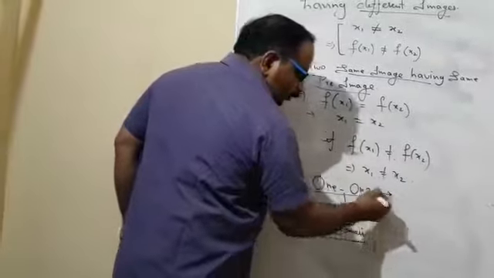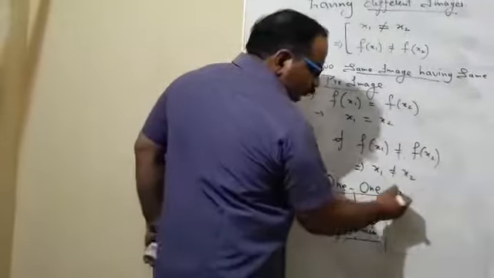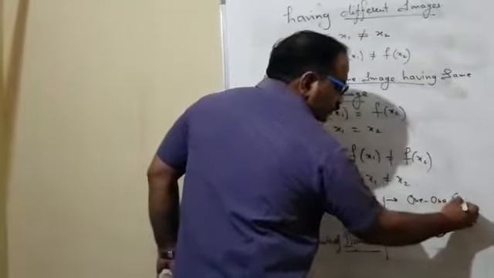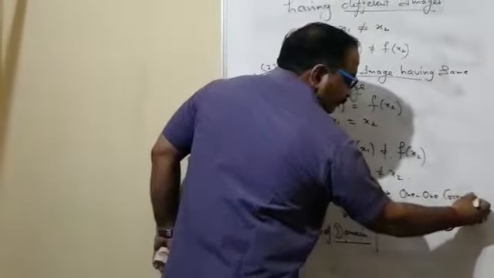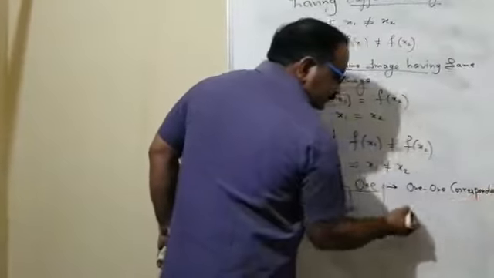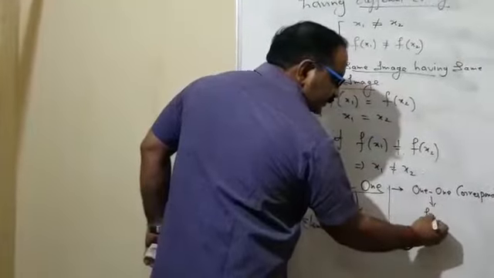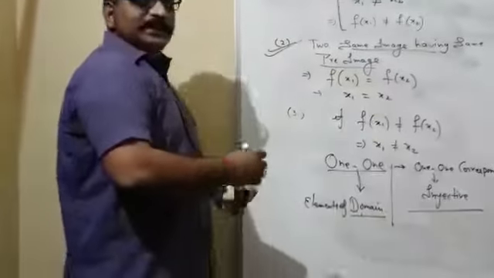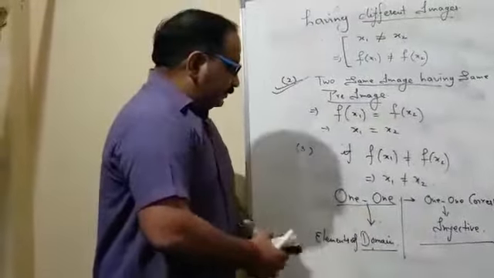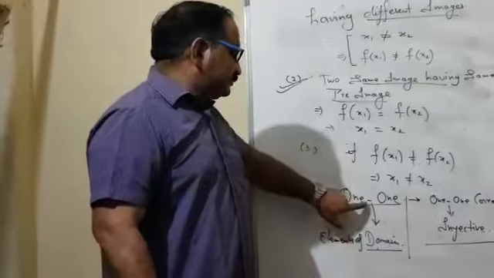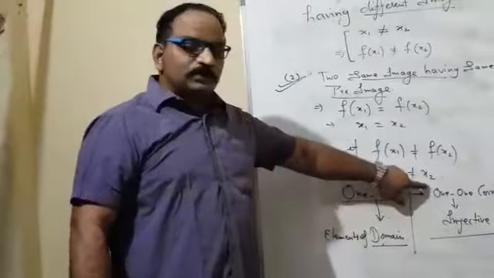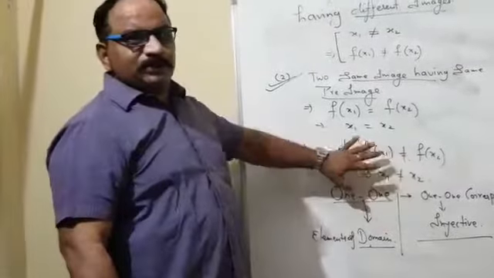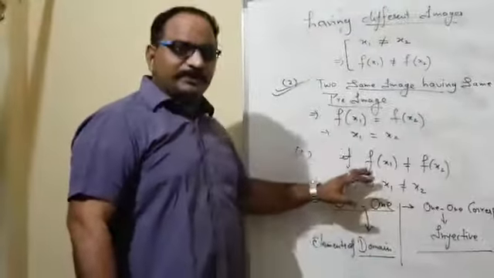1-to-1 mapping is also called 1-1 correspondence. Some people also call it injective mapping. So these are all synonyms for 1-to-1 mapping. In an examination, there may be 1-to-1, there may be 1-1 correspondence, there may be injective mapping. I hope the concept is clear now, how to find out a 1-1 mapping.